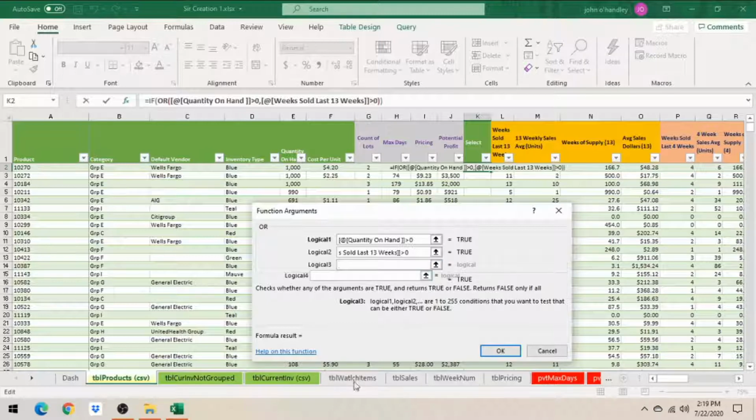Or in plain English, if it's on this table. The table is watch items. I should have copied it, and that's going to be, is it an error? So ISERROR says, hey, if it's an error, it's true. So I'm going to say, hey, if it's an error and it's false, then it has to be on the sheet. So let's see if we can figure this one out. Okay, so, or